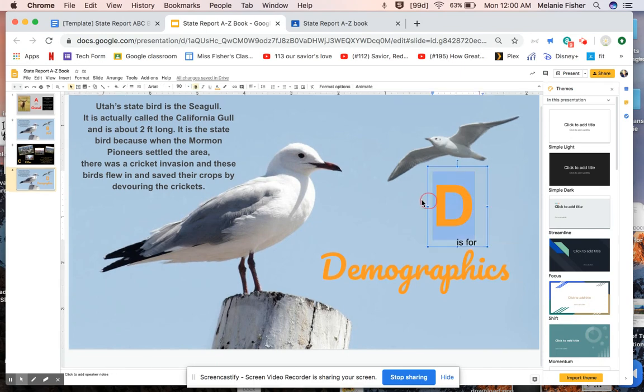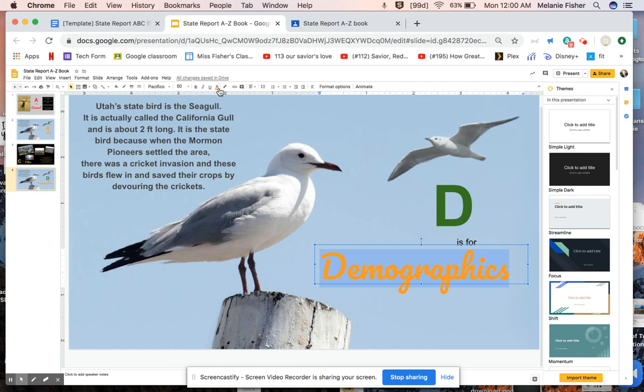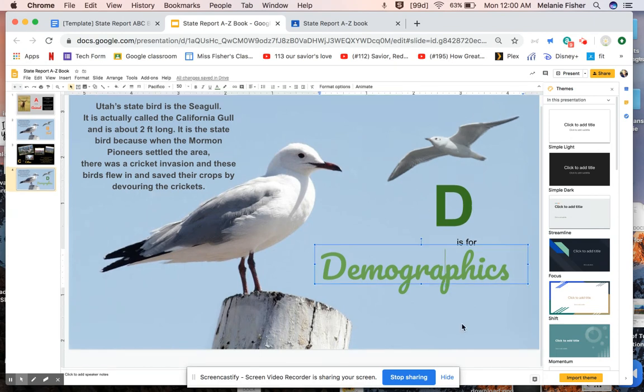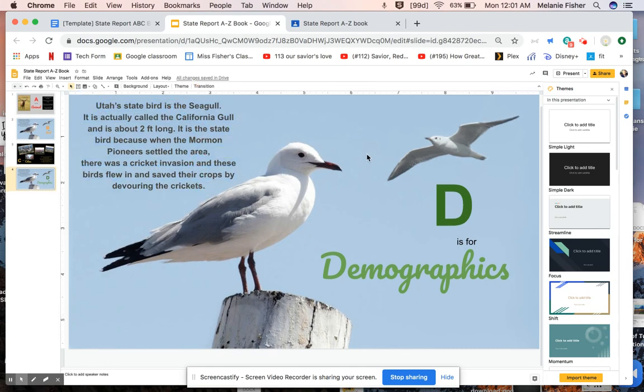And I don't want it orange. I just did orange. Well, I did red, orange, yellow. So maybe I'll do green on this one. I'm just going in rainbow order. You do not have to do that. You could keep all of them like going in red or something. Like, it doesn't matter to me on that one. You just choose. And I like that. Look, it's a darker green and a lighter green. It looks nice. I definitely am going to have to type new information about demographics, but I was trying to show you the